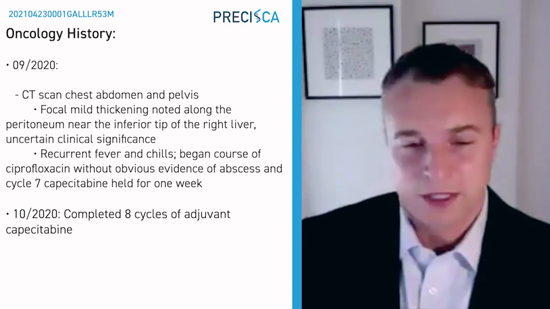So now the patient has completed an adjuvant course, and the question is, what is your surveillance strategy? So I'll ask Dr. Siegel, you're welcome to comment on the surveillance strategy, but do these imaging findings on the September scan inform the type of scans that you might want to see on surveillance? Would you want CT in addition to other types of scans to correlate and help resolve some of these questionable or equivocal findings?